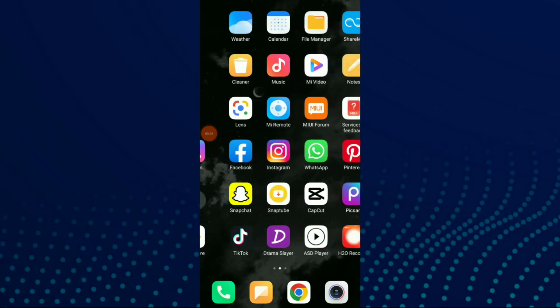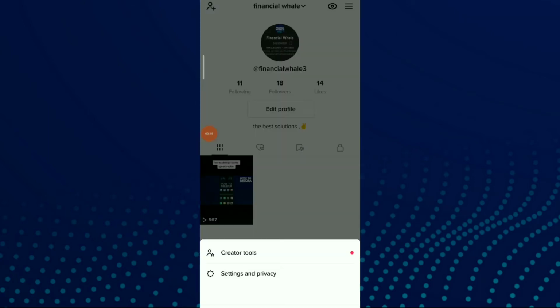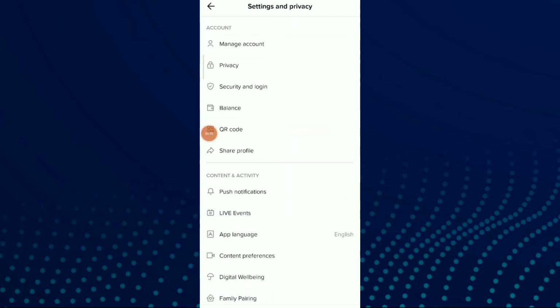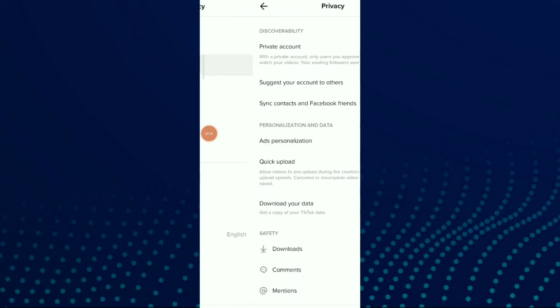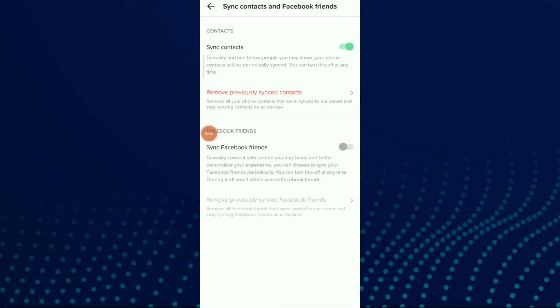quick. So first thing, go to your TikTok app and here click on those three lines up there and click on Settings and privacy. Now all you need to do is click on the second option, which is Privacy, and here click on Synced contacts and Facebook friends, which is the third option, and you're gonna find Remove previously synced